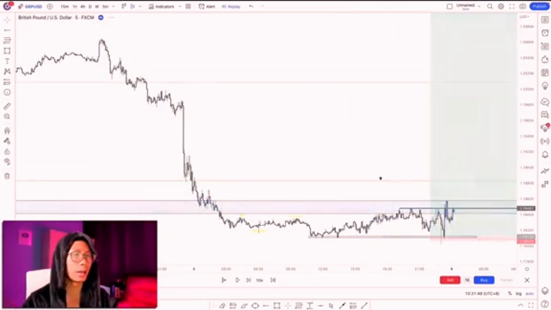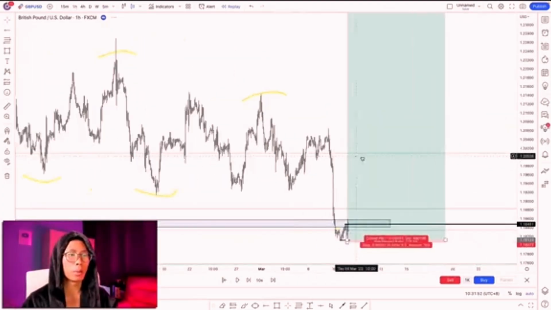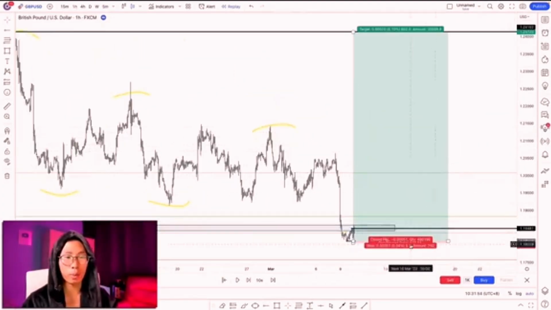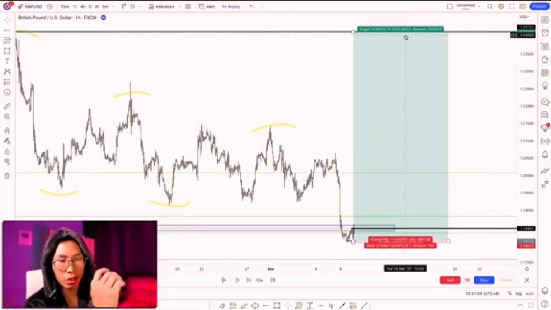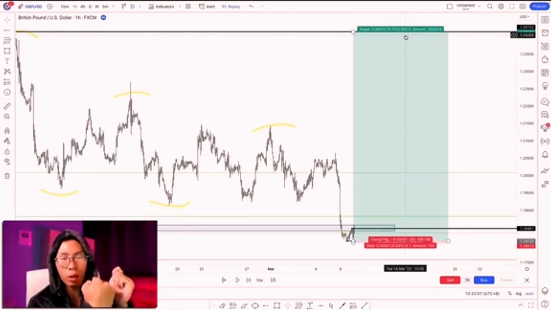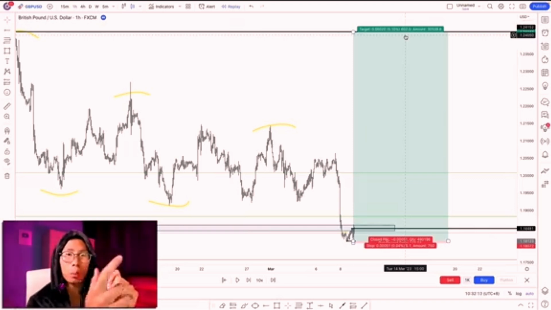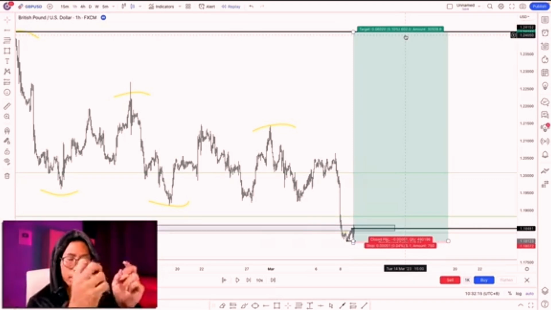Smashed it, and if you zoom out to the higher time frame, like I said, this is a 5 pips stop loss for a 600 pips take profit. This is pretty insane, and like I said, this is not really realistic to get right all the time, right? Sometimes when you take this type of trade, you're going to have a lower win rate, which means that you will lose this type of trade most of the time. But when you win, guess what? You are winning 100 times the amount of money that you are risking,